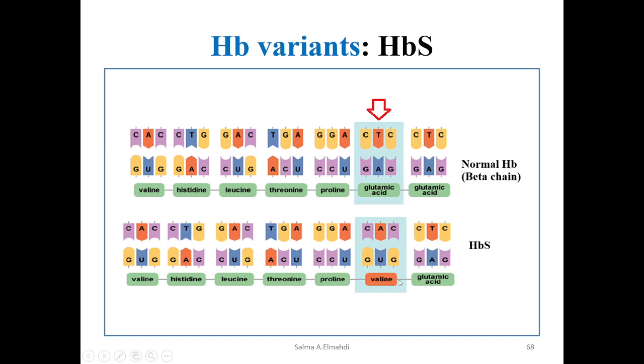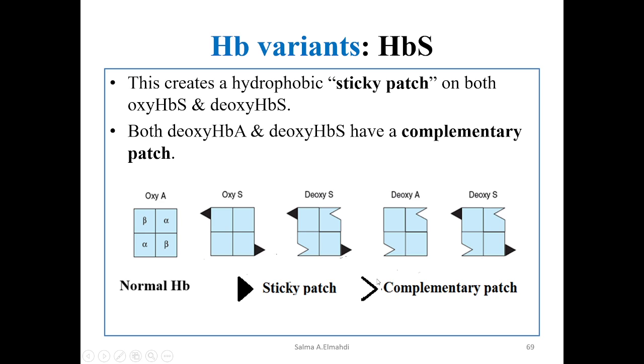In hemoglobin S, the mutation leads to replacing this glutamate by valine. What is the consequence of this mutation? This creates a hydrophobic sticky patch on both oxyhemoglobin S and deoxyhemoglobin S. Both deoxyhemoglobin A and deoxyhemoglobin S have a complementary patch, so it affects the overall three-dimensional structure of